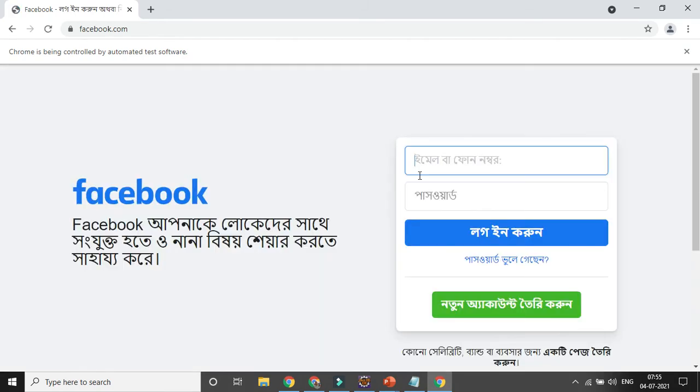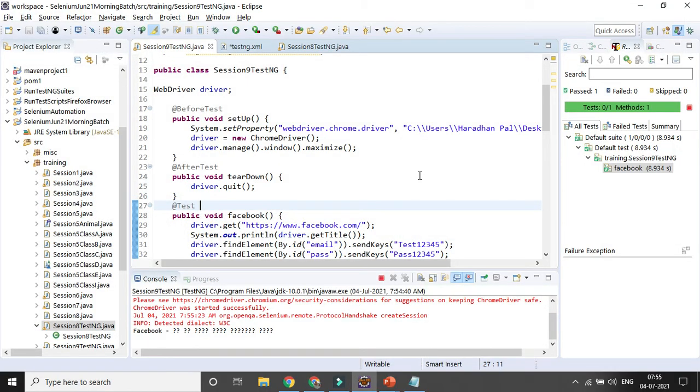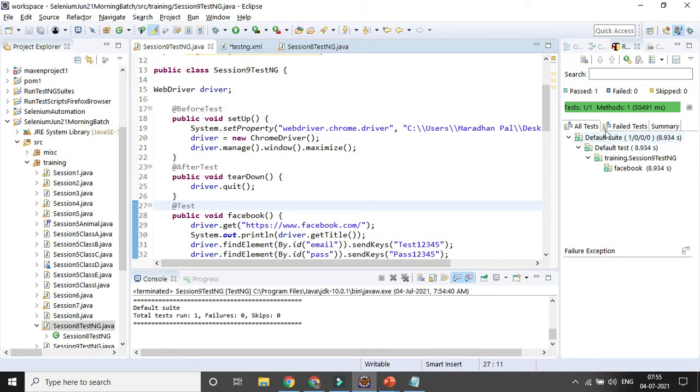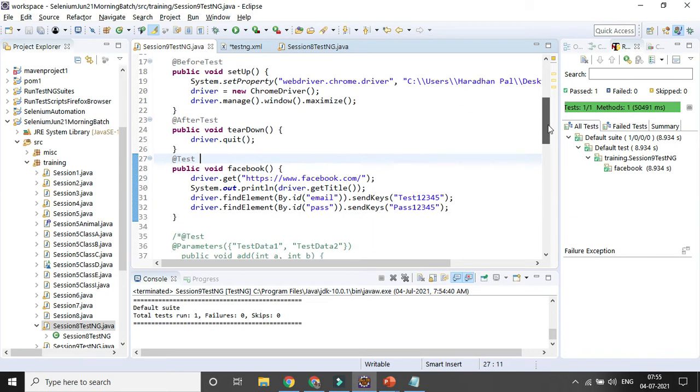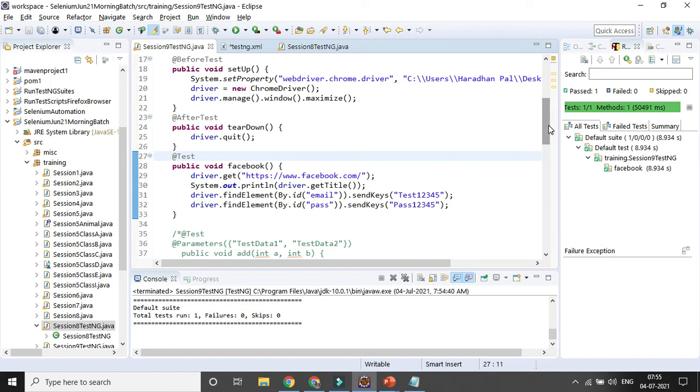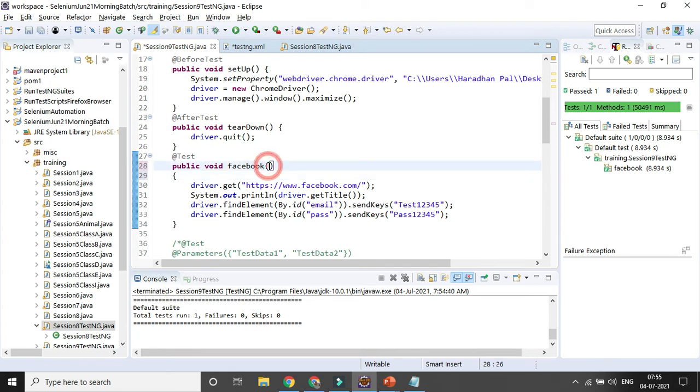Facebook is opening and your user ID and password will be entered. Okay, you can see this enter and getting closed. So that's why you can hard code everything, right? But say I don't want to hard code anything, right? Instead of that I want to pass the values with the help of data provider, right? So suppose say here instead of hard coding I can define something and I can pass string username, right, and string password.